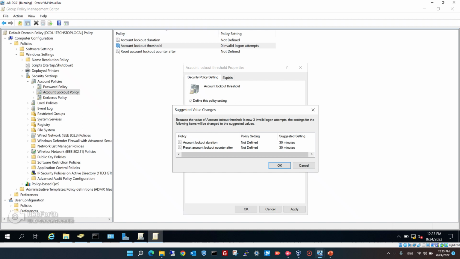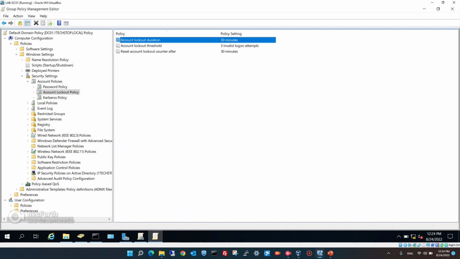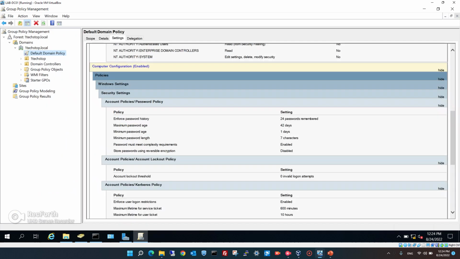And this will enable these 2 policies that we already have here, account lockout duration and reset. So setting the account lockout threshold will by default enable the other two properties, account lockout duration and reset account lockout counter after. So click on OK and click on OK. As you have seen, the values have been changed to 30 and 30 minutes. So this is how we have created the password policy settings. So just close this one,